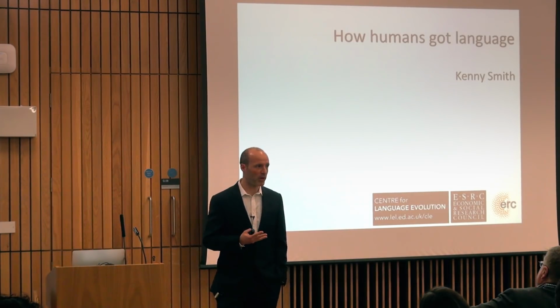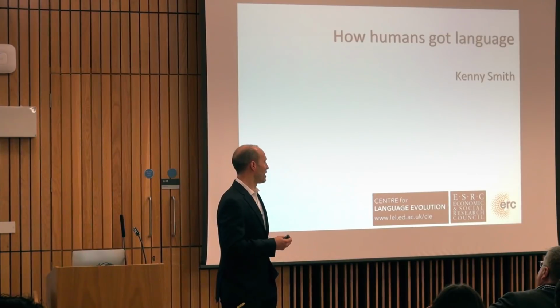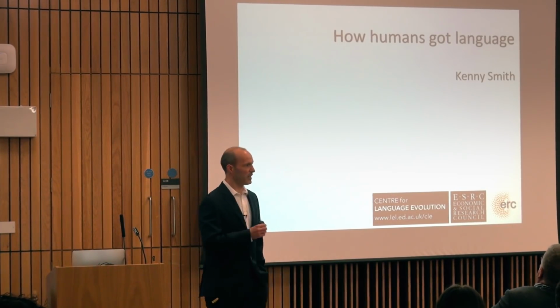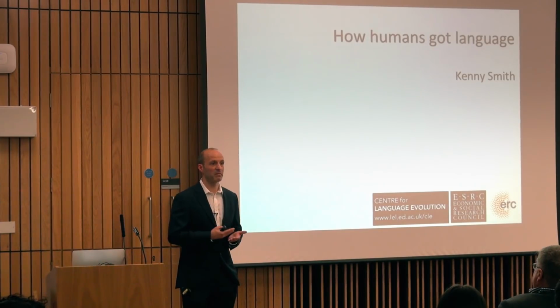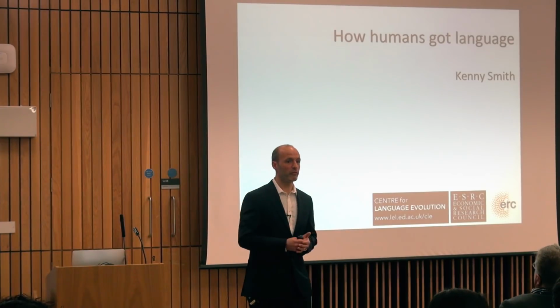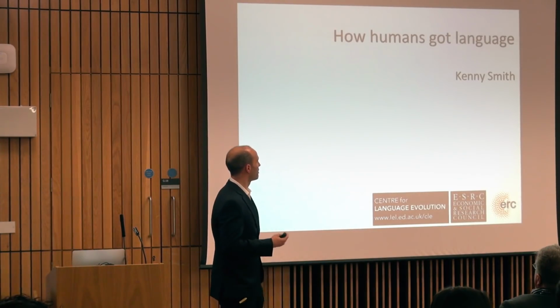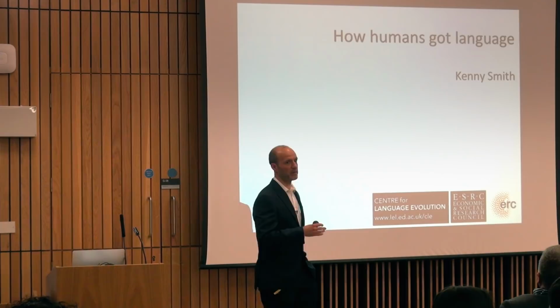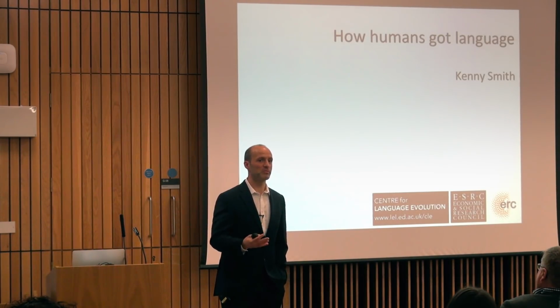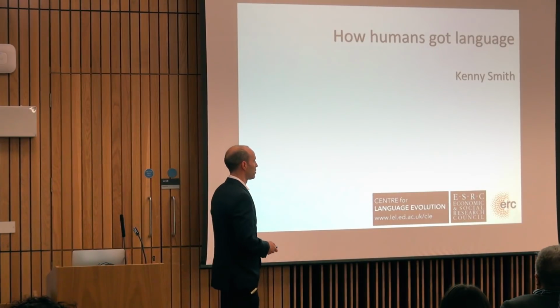So this talk's going to have 3 parts. In the first part of the talk, I'll tell you why we study language evolution and why we use the particular techniques we do. And then the second part of the talk, I'll give you a sample of some of the experiments we've run, showing how simple linguistic features evolve through learning and use. And then the third part of the talk, basically because I forced myself to with the abstract I wrote, I'll say what I think that implies about how language evolved in our species. In other words, how humans got language.